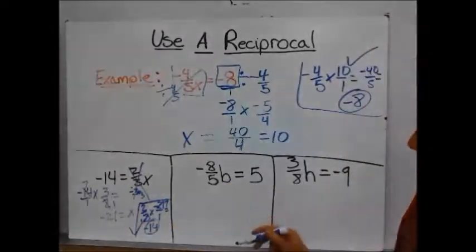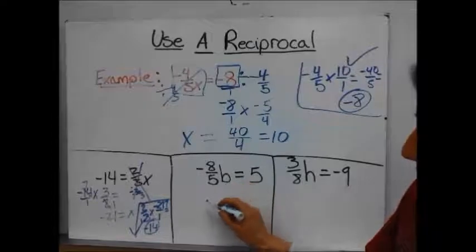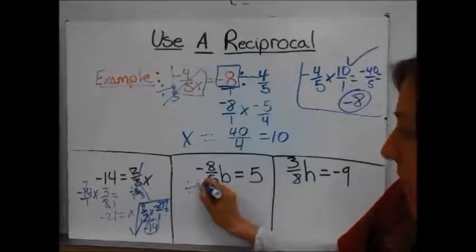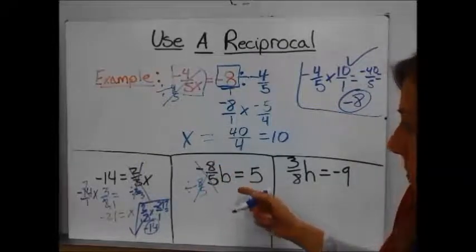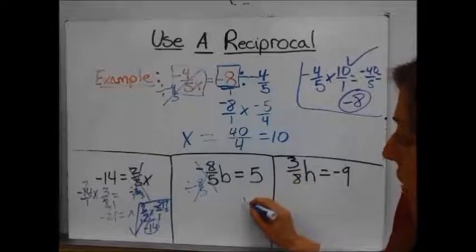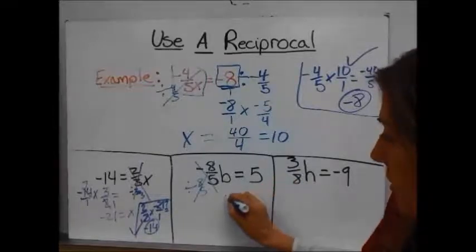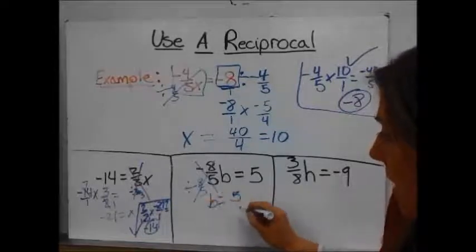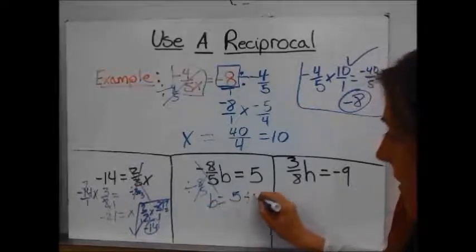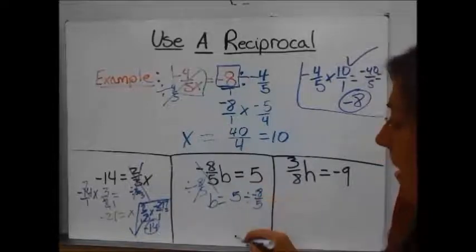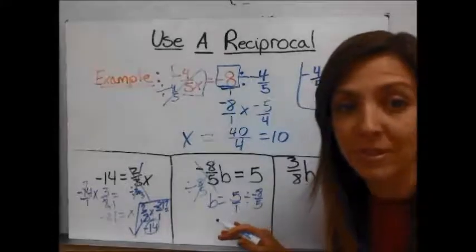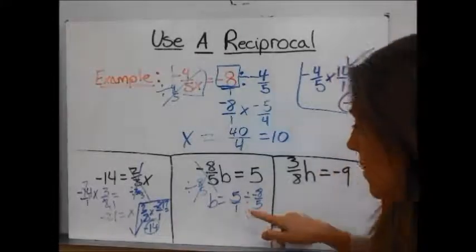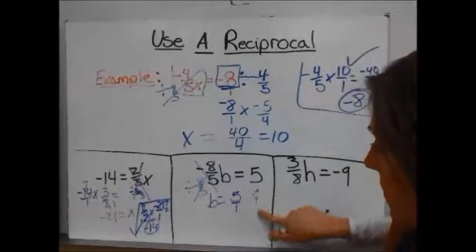Negative 8/5 b equals 5. Okay, this is multiplication. I'm going to divide by negative 8/5 on both sides. That cancels out, becomes 1b. And then I'm going to divide 5 by negative 8/5. So I have b on this side, and 5 divided by a negative 8/5. Now, instead of writing it out this way every time, I can just go ahead and flip it to the reciprocal because I know that's what I'm going to have to do. So 5 times